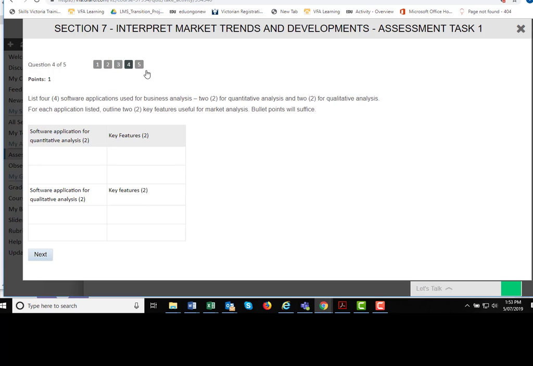regulations. For question 4, we're looking at software applications for quantitative analysis and qualitative analysis. Before I get into that, the first thing you're going to need to do is make sure you're aware of the difference between quantitative and qualitative analysis. You can do that by reading your notes in your manual. Also in your manual, they will mention some examples of software that are relevant to qualitative and quantitative analysis. You'll need to choose some software applications and then Google search some of the key features related to those